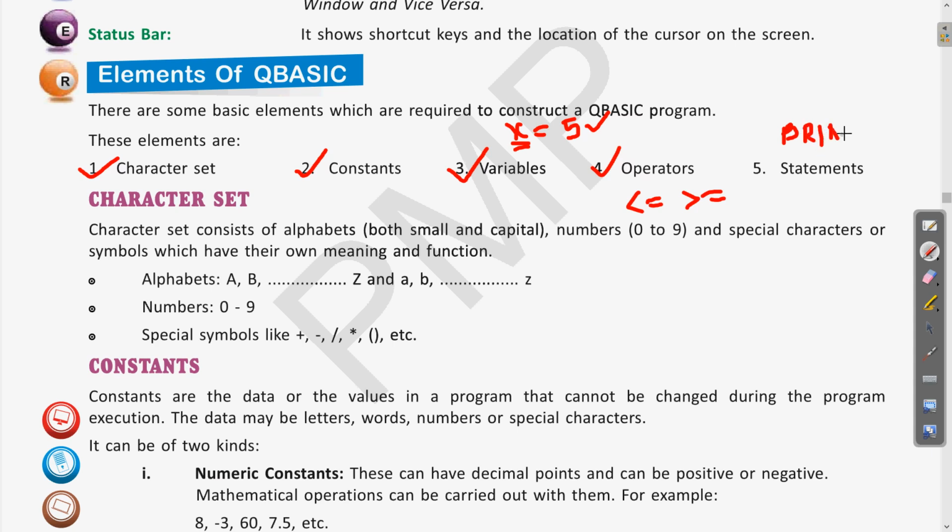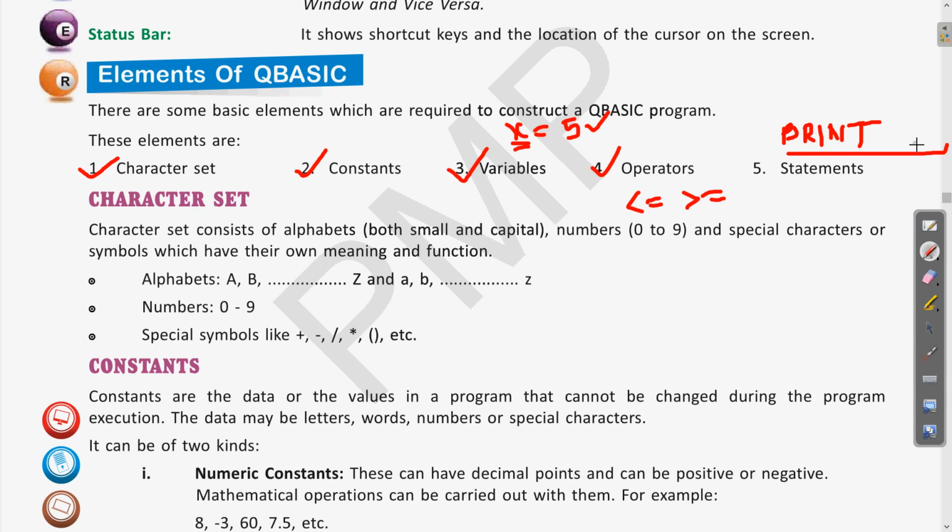Clear? This will be called a statement when you are giving a statement to get executed or to get the result in this QBasic software. So these are all the basic elements of QBasic: character set, constant, variable, operator, and statement.